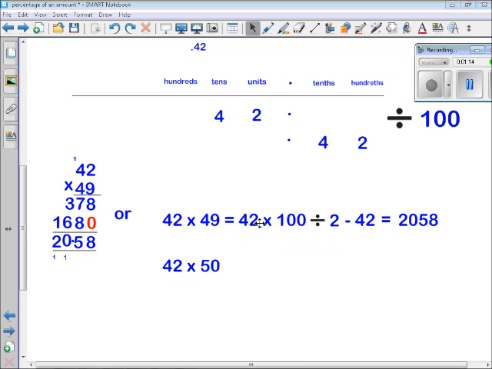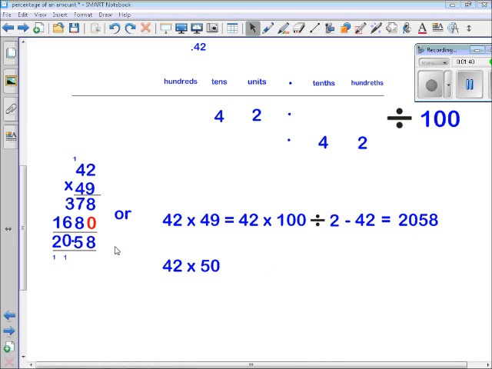So if I've got 4,200 and I divide it by 2, that leaves me with 2,100. And then, as I said, I'll need to take that 42 away, won't I? Because I've been pretending it's 42 times 50 instead of the real sum, which is 42 times 49. So I'll take that 42 off, and that leaves me with